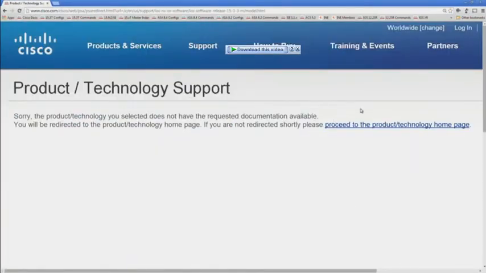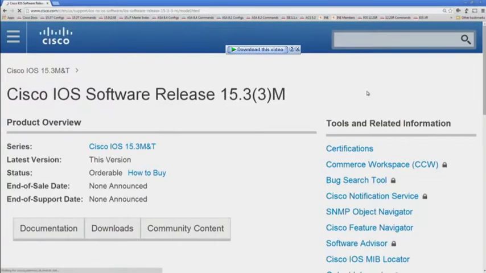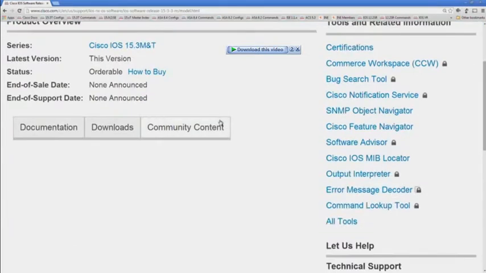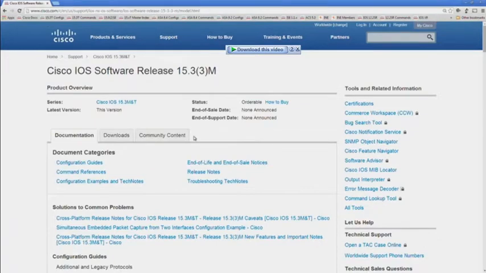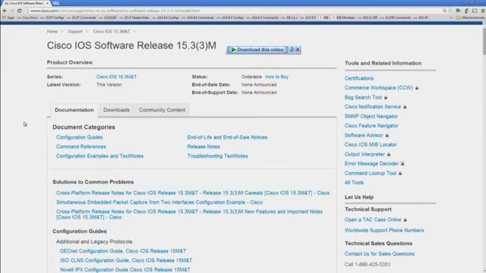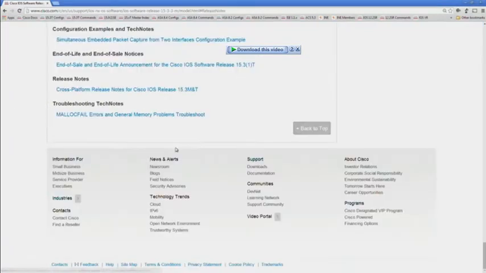Okay, eventually it should redirect you to a basically collapsed documentation page where most of these are going to be talking about the same releases. And what you'll see on the web page here is a little bit different depending on what release you're going to. But if you go to the release notes and go to the cross-platform release notes,